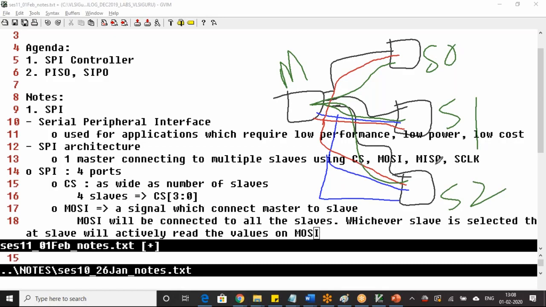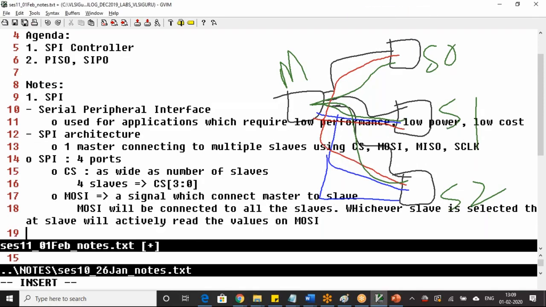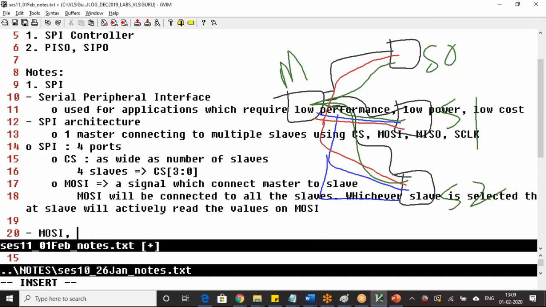Chip select, MOSI, MISO and S-clock. Chip select is as wide as the number of slaves, whereas MOSI, MISO and S-clock will always be 1 bit only.